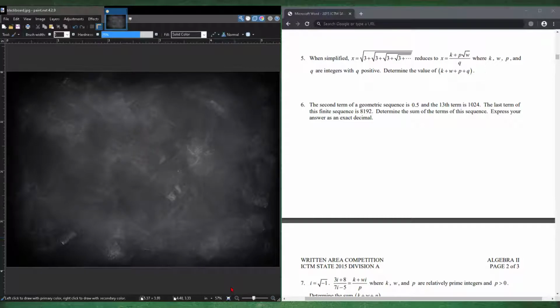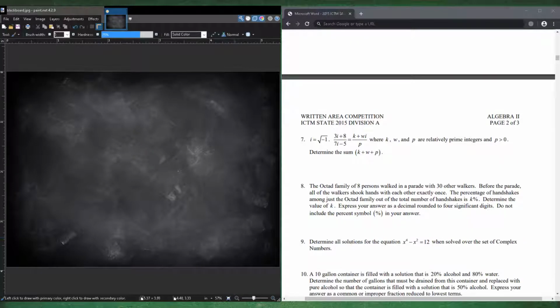Okay, number 7. i equals the square root of -1, so (3i plus 8) over (7i minus 5). It simplifies to (k plus wi) over p, and then sum up those coefficients. So all you have to do is multiply by its complex conjugate. So multiply by 7i plus 5. So on the bottom, that'll be